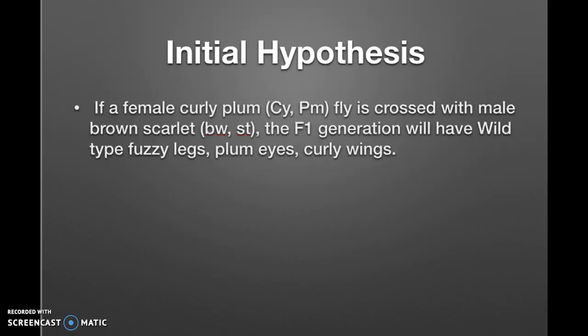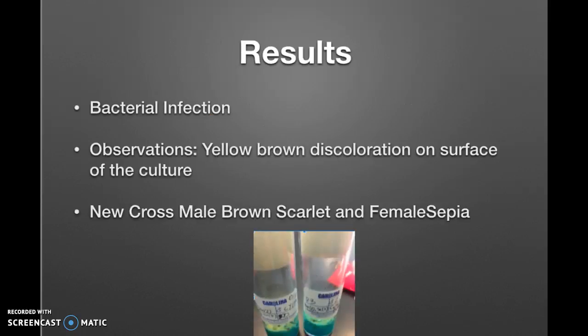My initial hypothesis was if a female curly plum fly is crossed with a male brown scarlet, the F1 generation will have wild-type fuzzy legs, plum eyes, and curly wings. However, a bacterial infection killed off that generation, and I had to make a new cross with male brown scarlet